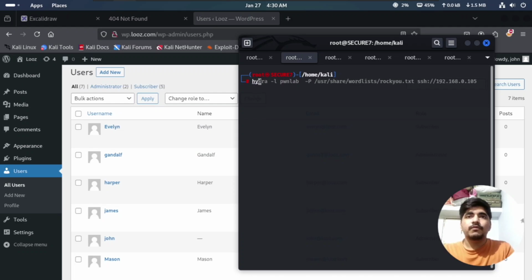We're trying to brute force these users. So -l for our user is Gandalf, and for the wordlist we use rocket.txt. It's in the user share wordlist directory, and rocket.txt helps to brute force the commands